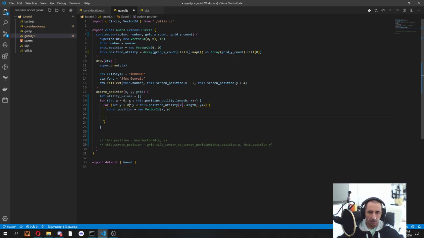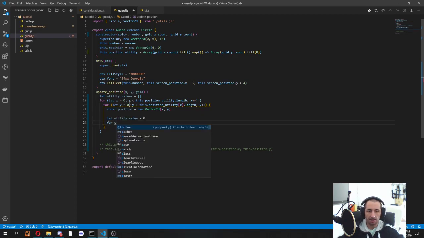And let's think this ahead. We want to have multiple considerations, not just one potentially for each guard. So I will already create a utility value variable starting at 0, and let's iterate